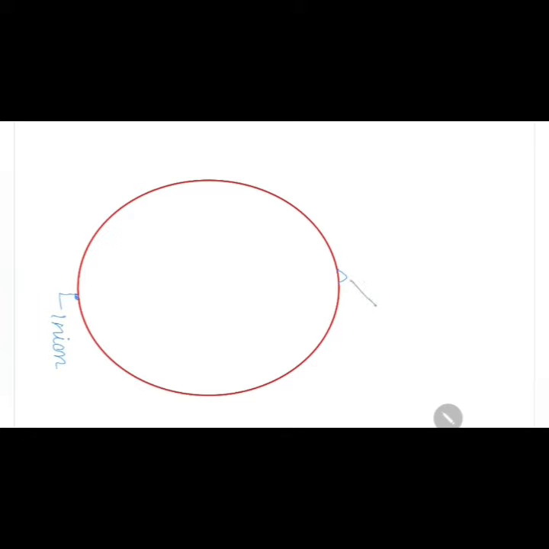The one on the top is the nasion. Nasion is a small depression right above your nose, in the center of your eyes. So from nasion to inion, we are going to draw a